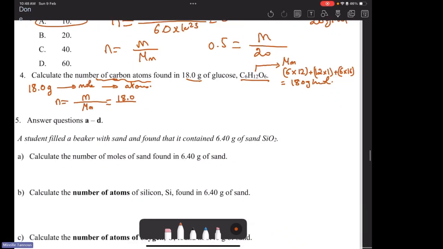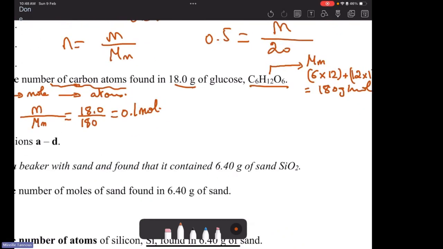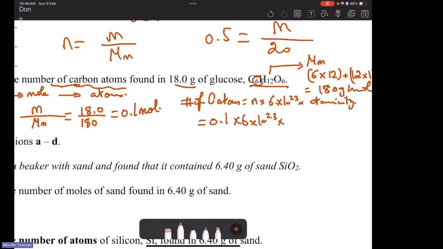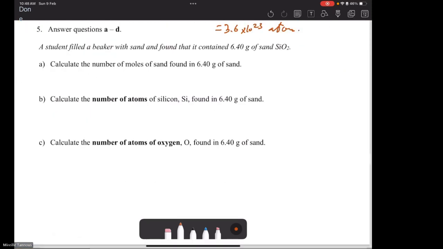Now, calculate the number of carbon atoms. Number of C atoms is the mole times Avogadro times atomicity of just carbon. So there's 0.1 times Avogadro times 6, the atomicity of carbon. The final answer is 3.6 times 10 to the power 23 atoms. Moving on,